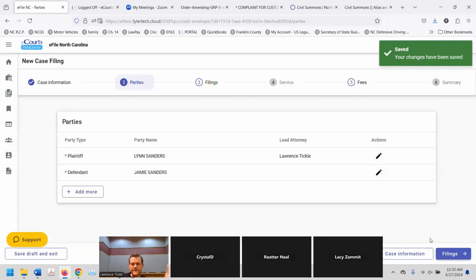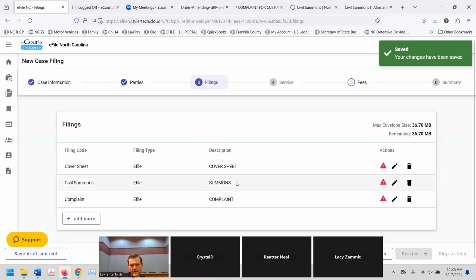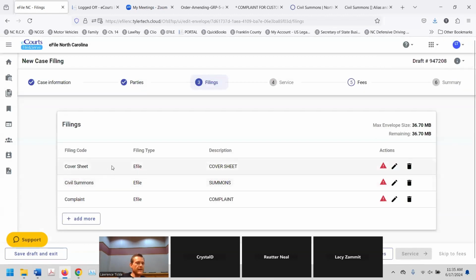So, the system knows you have to have two parties, right? So filing, no, so there's a new complaint. All these three in that template are already done. So all you have to do is go through and just upload and do your coding. You don't have to do add more. And then